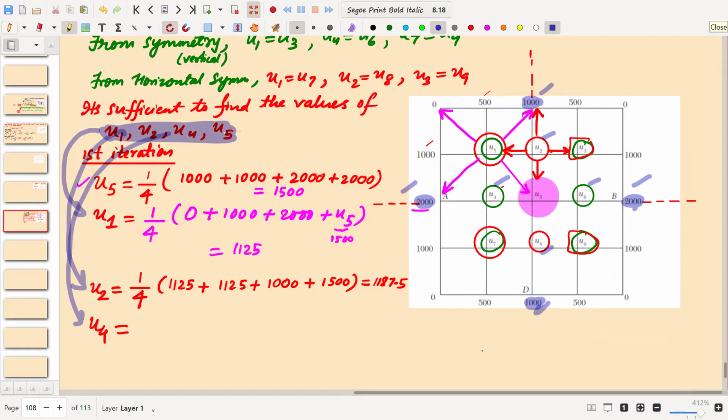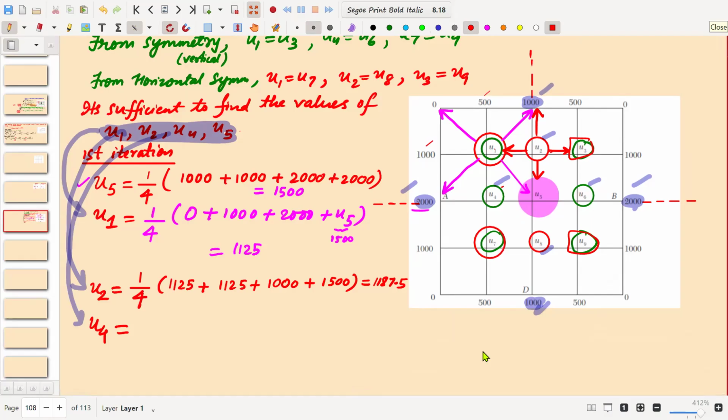So what can we apply here? Can we apply the standard 5-point formula for U4? Actually, you can apply the diagonal one also, but if the standard one can be applied, prefer standard because it will be more accurate. So standard means for U4 you will apply this, this. So it is 1 by 4 times